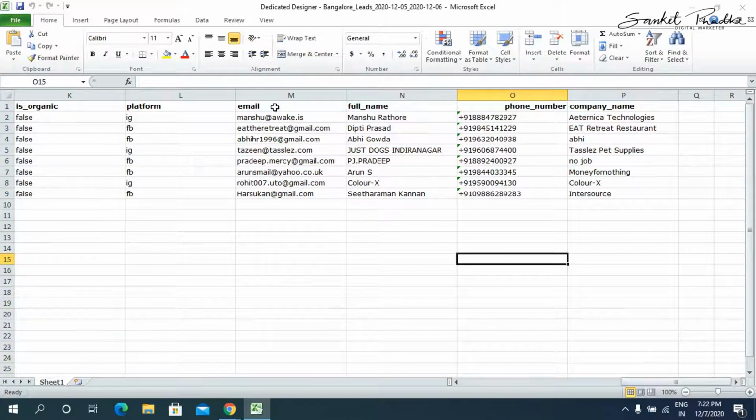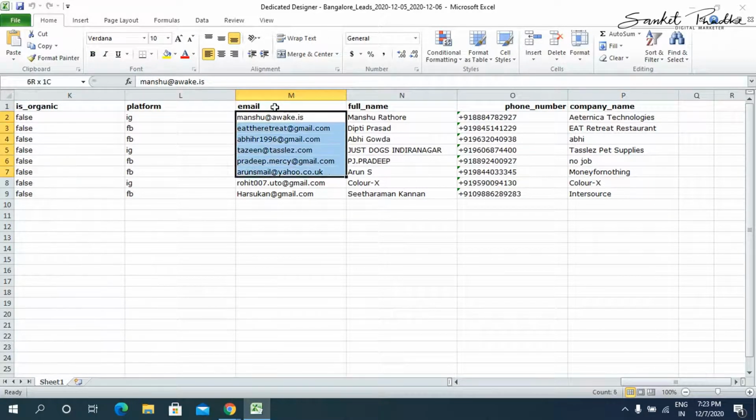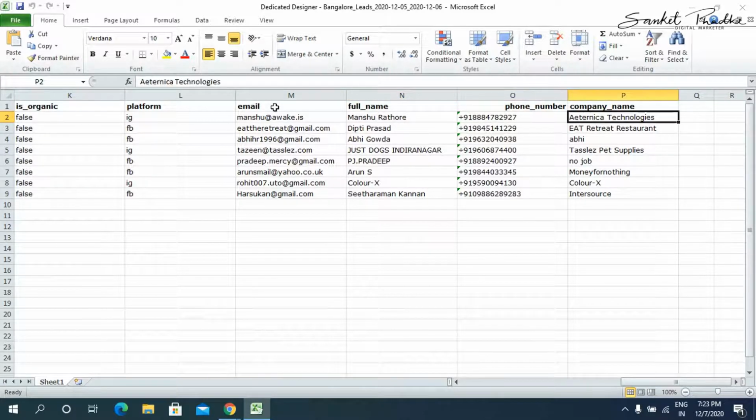If you remember, while creating the lead form, we had asked for 4 fields: email ID, full name, phone number, and company name. We've got these 8 leads who have filled up the lead form, and that's how we've received their email ID, their full names, phone number, and the company name or their brand name.